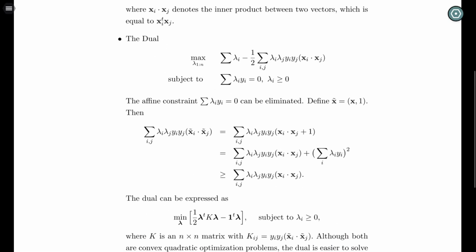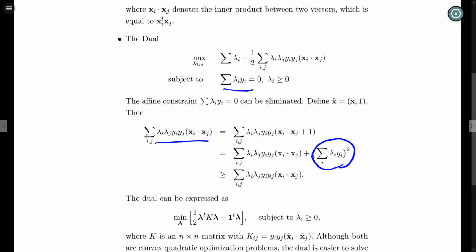for the dual problem, we actually can eliminate this constraint because we can add this square into the original quadratic term, so we get something like this. Then when we try to minimize the left hand side, we are forced to make this part 0. So this equality constraint is sort of implicitly incorporated into the optimization. If you work out the details, you are going to find out that eventually you can